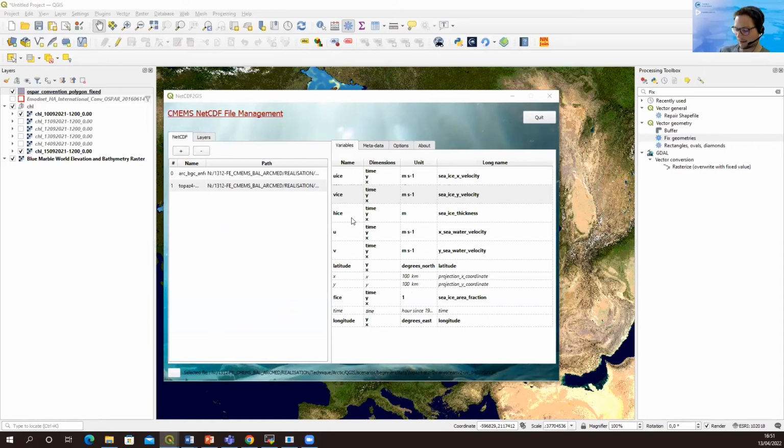This model has a spatial resolution of 12.5 kilometers at the North Pole, and we have downloaded it at hourly mean temporal resolution. We are going to display the fields on the 4th of March 2022 from 10 to 3 p.m. Here, as we did before, we are going to load layers individually. For example, we want to display